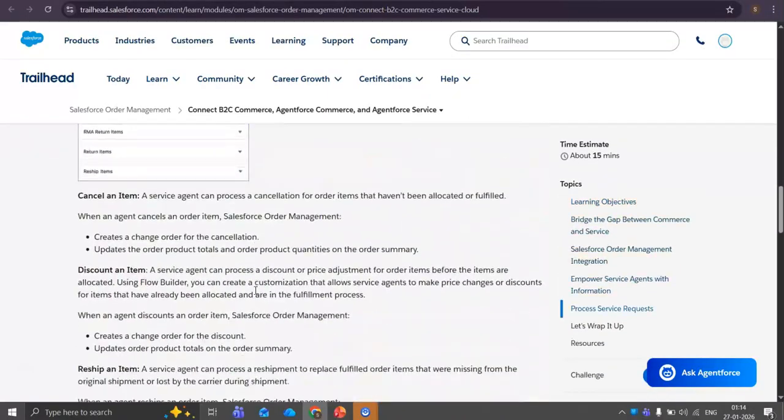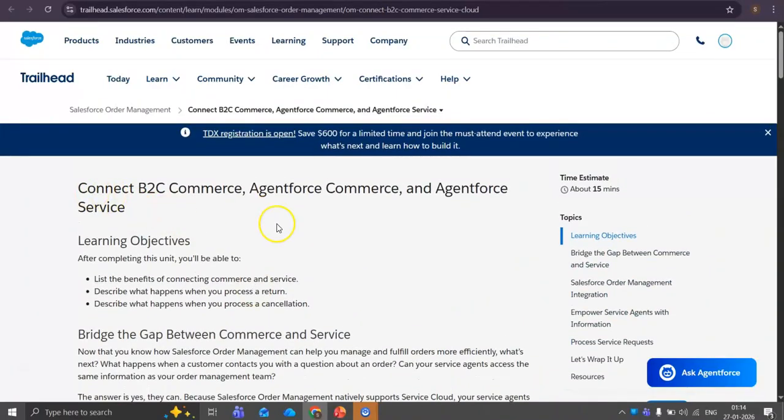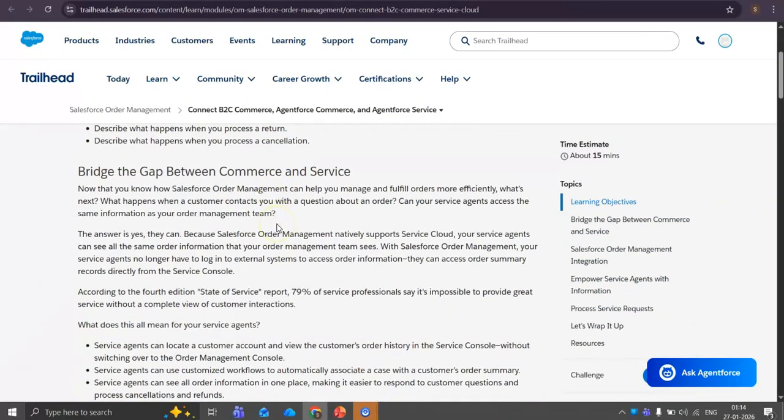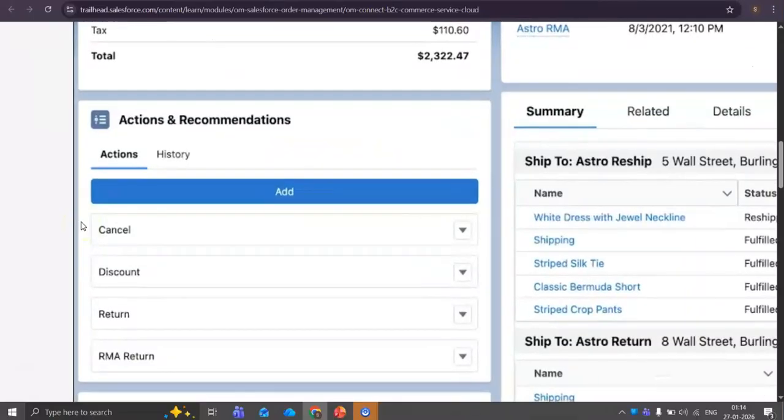We'll just wrap this. Before that, I'll just revise it once. So first, what we discussed was the features that will be available, nothing but how the service agent can access the order management system. What kind of information he can access with respect to an order, and how he can access the record, how he can resolve the customer queries,